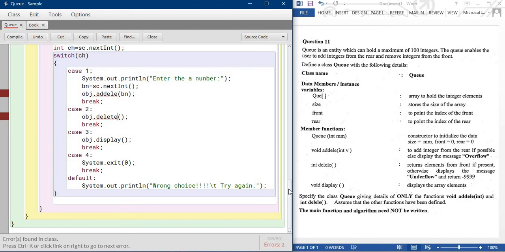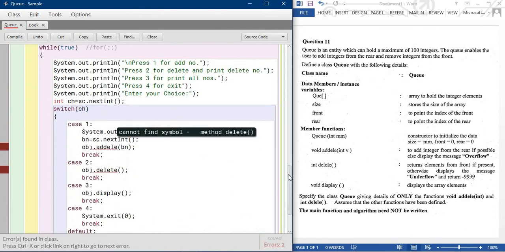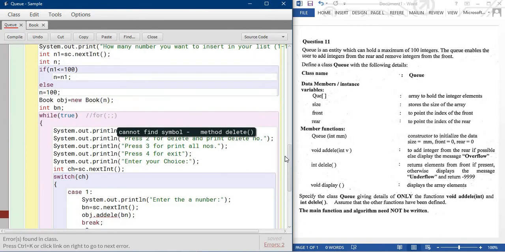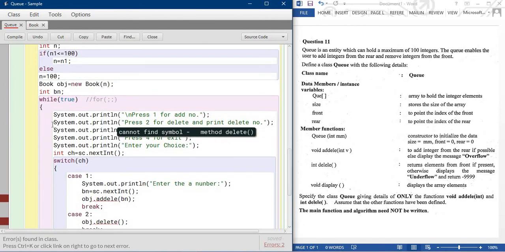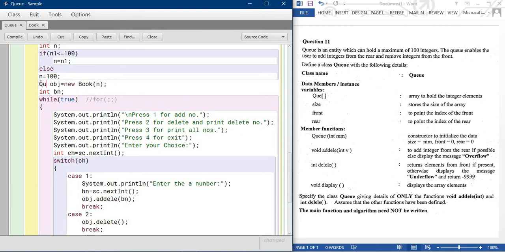I think the method names are not matching. Oh, because I'm creating an object of the Book class, not this class. So this name is Q. Now just compile. See, there is no error.